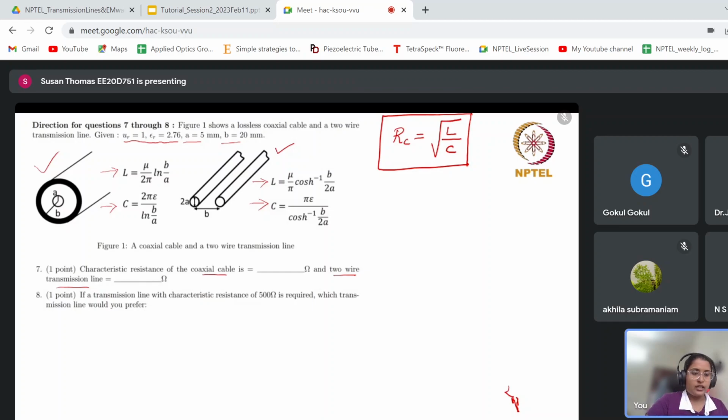So to start with, I hope all of you are trying. To start with, in case of coaxial cable,